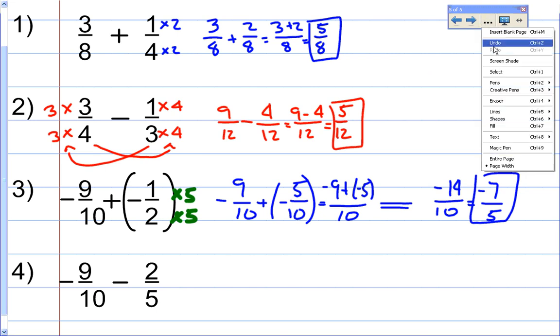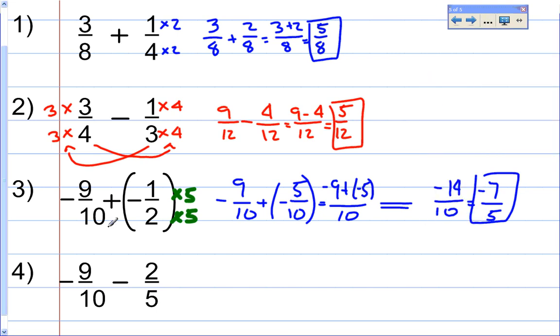Number 4, I have a denominator of 10 and a denominator of 5. So I can multiply this times 2 and the top times 2. So that gives me negative 9/10 minus 4/10. So all I'm going to do is negative 9 minus 4 over 10. Negative 9 minus 4. You can punch it in your calculator. If you do keep it, change it, you get negative 9 minus